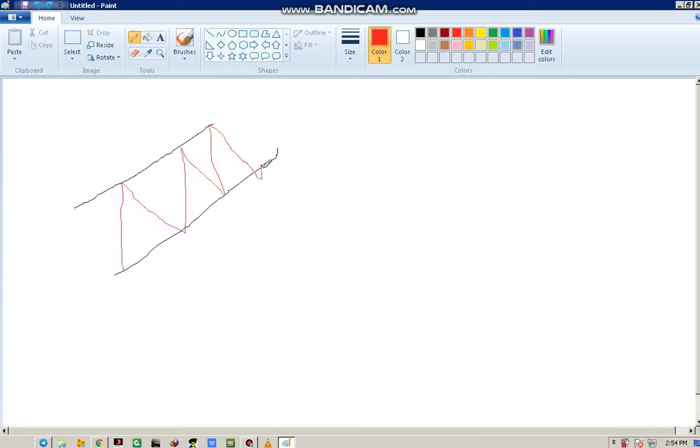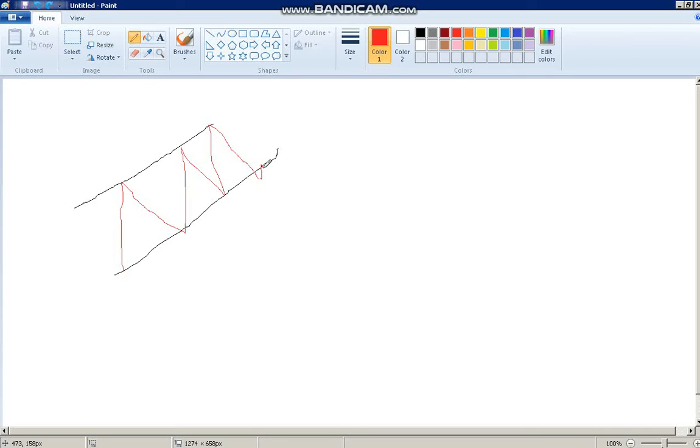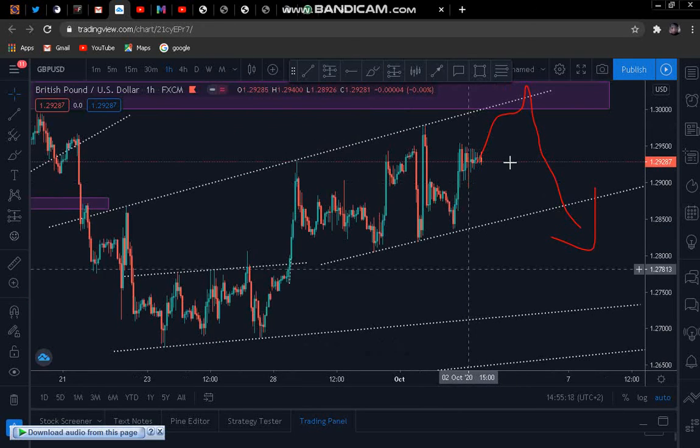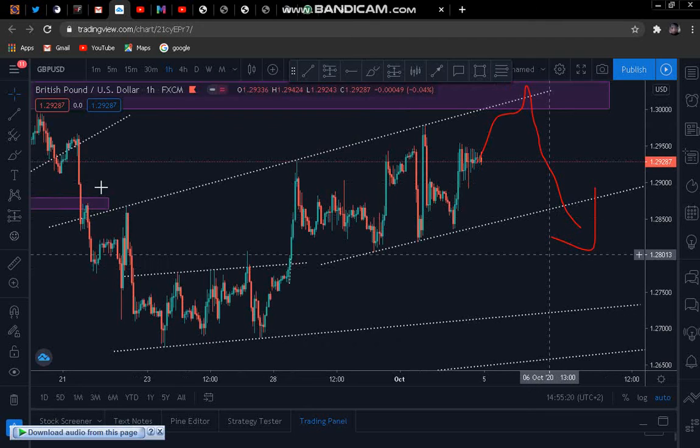And this is where lot size management comes into play. We trade the downside, and our target will be the bottom of this channel over here. So there's a very high probability that it comes down and plays out here. This is what we'll be looking at when we want to trade GBPUSD. So if it breaks into here, and we set our target here,